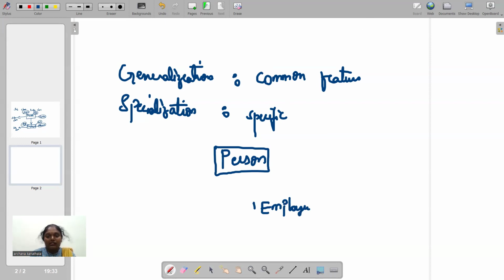Employee was the other subclass type of entity. Later, I want to develop a student database. In this context, I need similar attributes which were already defined by the person superclass entity, that is PID, PNAME, and gender.